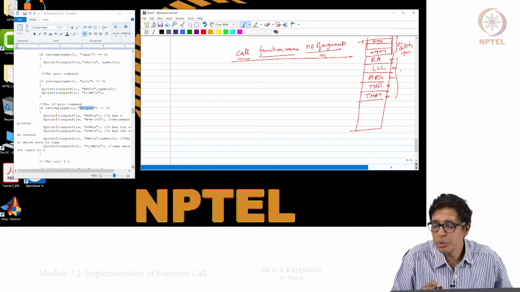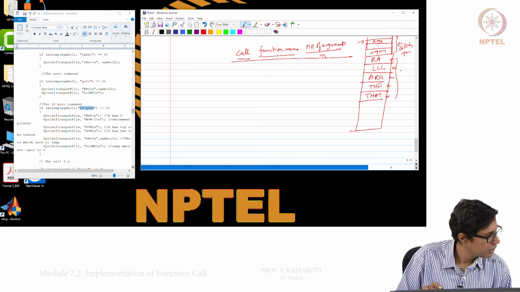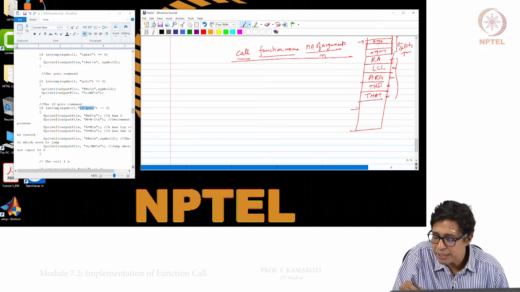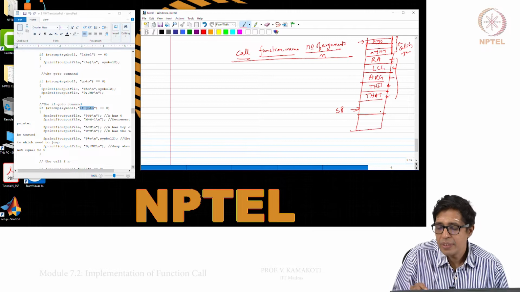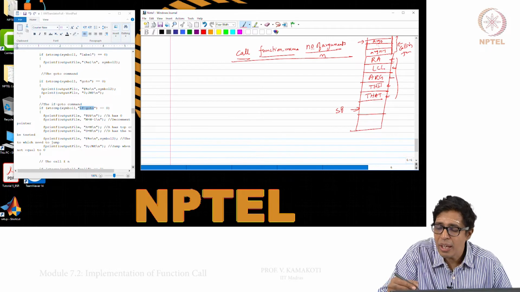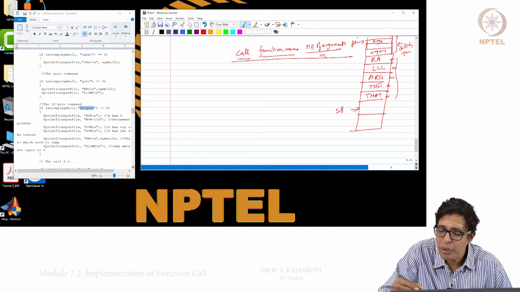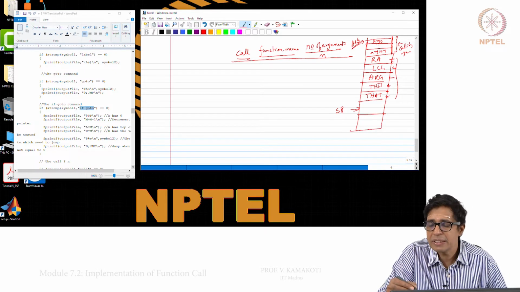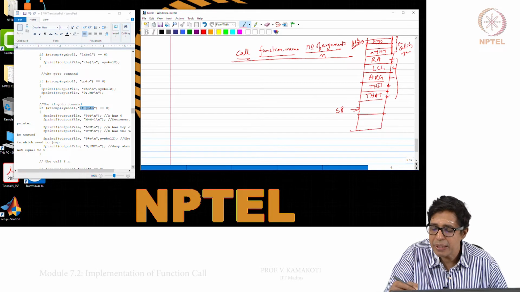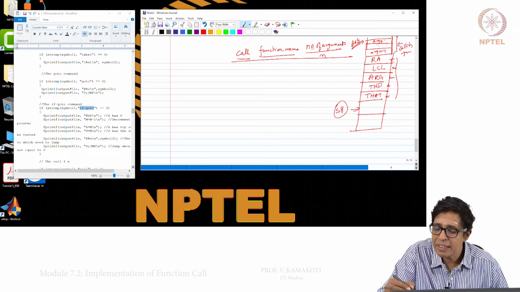Now, we have to find the new ARG. Where is the new ARG? Currently SP is here, and the new ARG will be here. For the called function, the ARG will start at argument 0, and that is nothing but the current value of SP minus n, since there are n elements, minus 5.